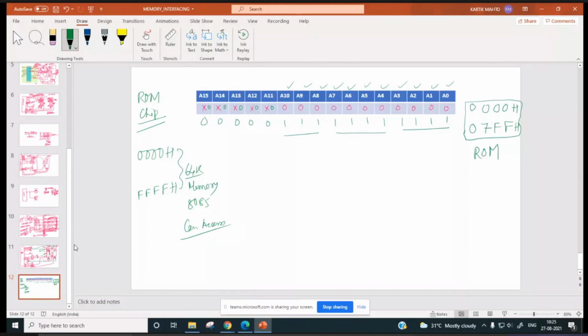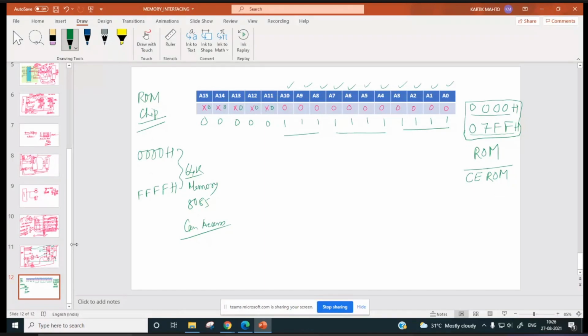Now, how to do this? If the address is from 0000H to 07FFH, then our ROM chip has to be selected. The CE ROM signal has to be generated.